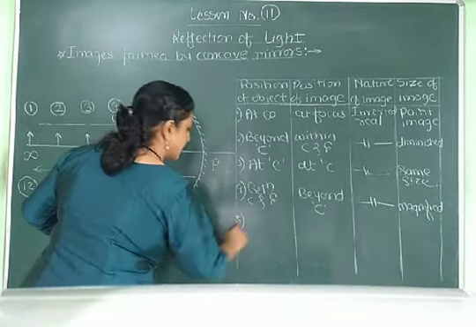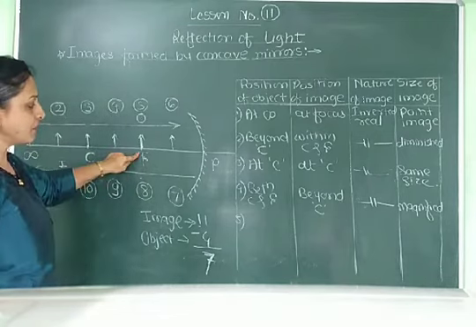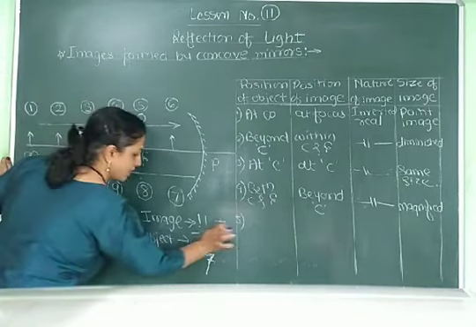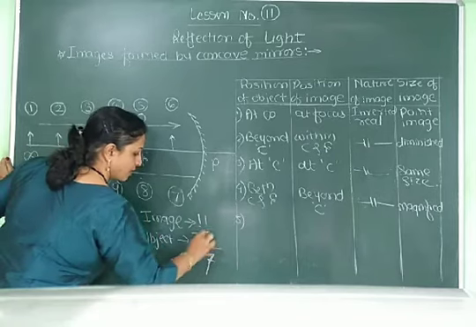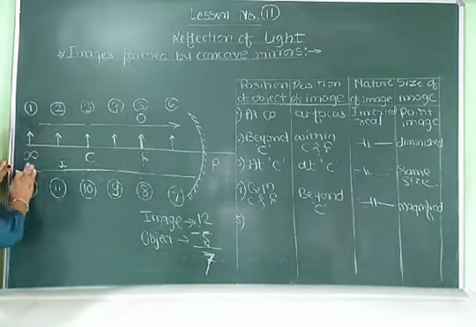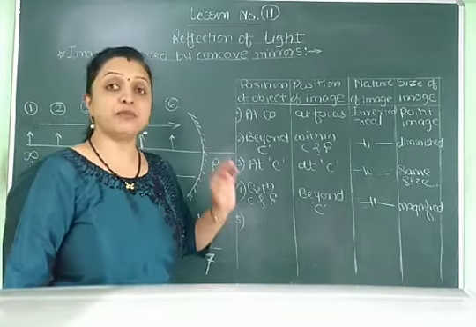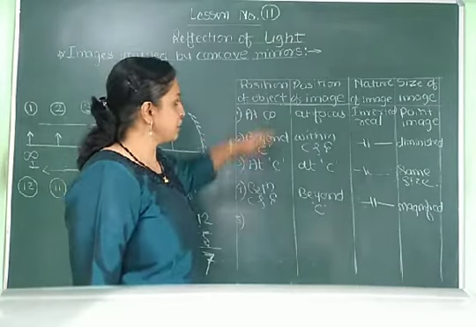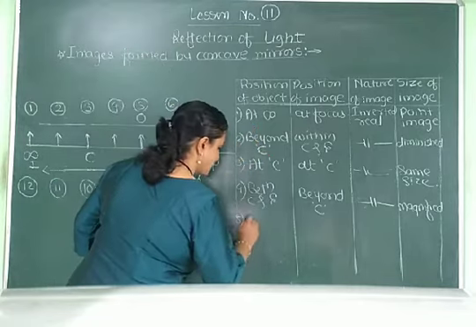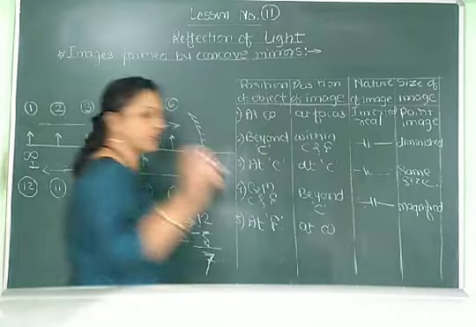After that, let us consider the next position. If we place the object on position number 5, that is, at the focus, here we get its image. So this is position number 5 of the object. Then 12 minus 5, that is 7. It means we get its image at position number 12, which means at infinity. This is exactly the opposite condition to the first. If we place the object at focus, we get its image at infinite distance.